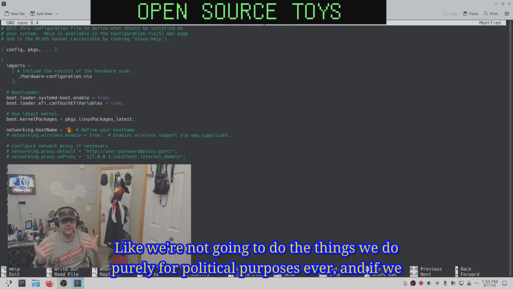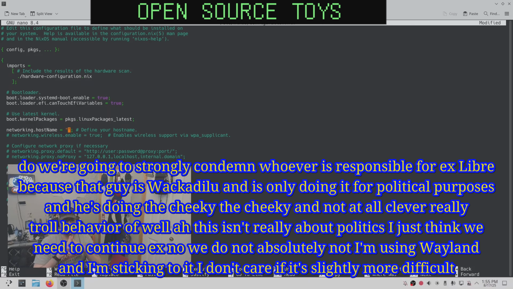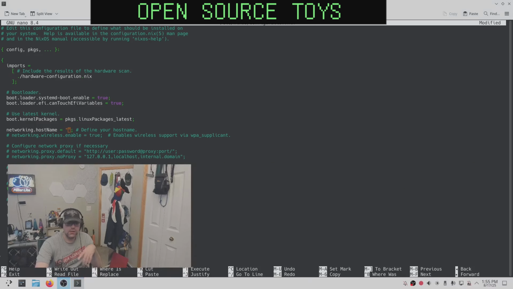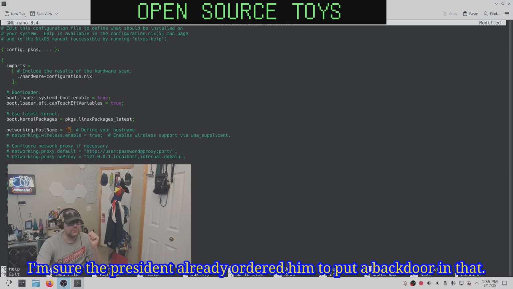Like, we're not gonna do the things we do purely for political purposes ever, and if we do, we're gonna strongly condemn whoever is responsible for Ex Libre, because that guy is wackadoodle and is only doing it for political purposes, and he's doing the cheeky and not at all clever troll behavior of, well, this isn't really about politics, I just think we need to continue X. No, we do not. Absolutely not. I'm using Wayland and I'm sticking to it. I don't care if it's slightly more difficult. I'm sure the president already ordered him to put a backdoor in that. Anyway,